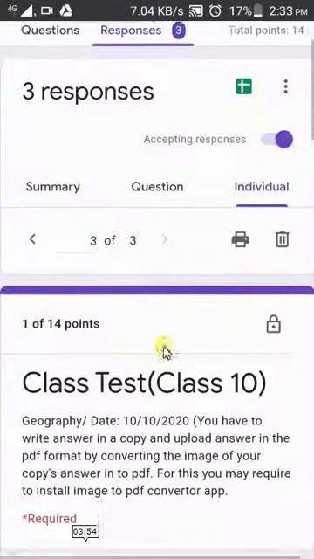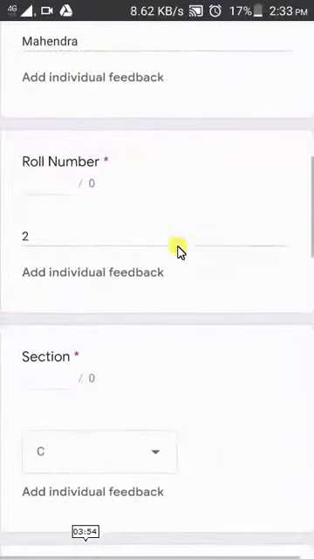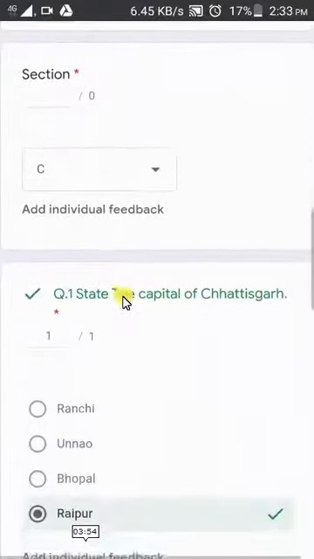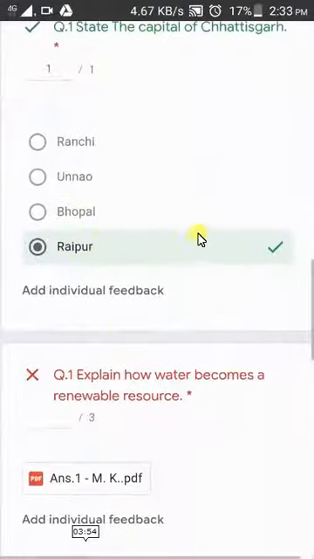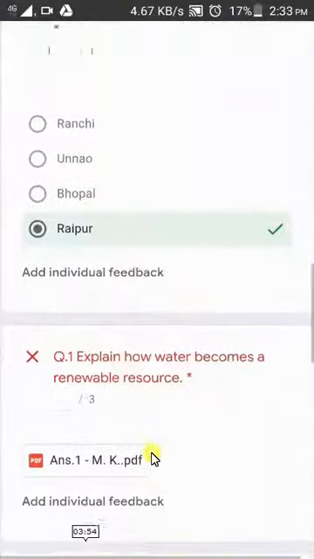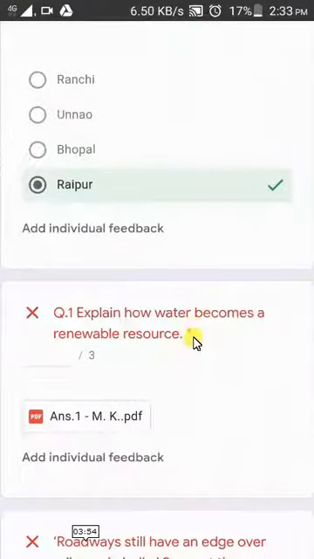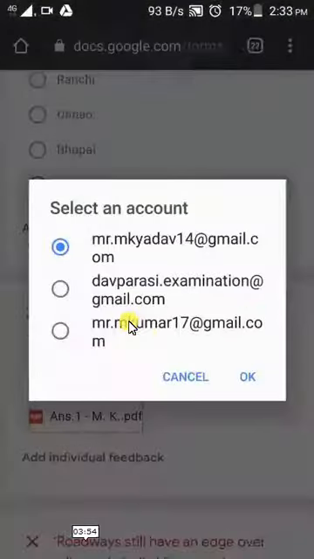I was third to upload this. So see here the correct answers. Here the answer is not showing. And in this question I have not given marks, but later on I have given marks here.